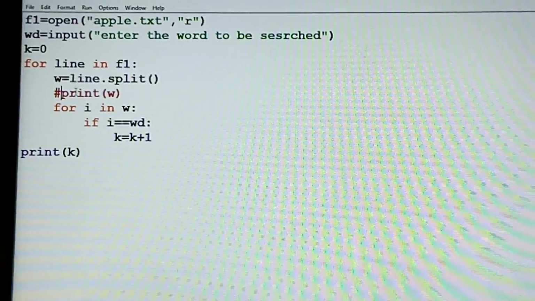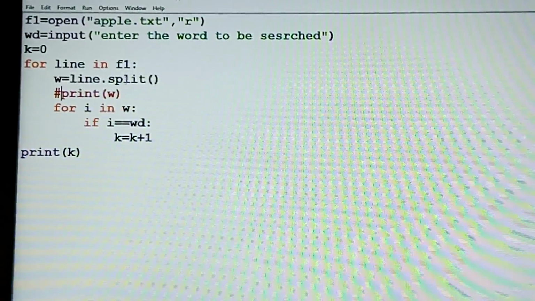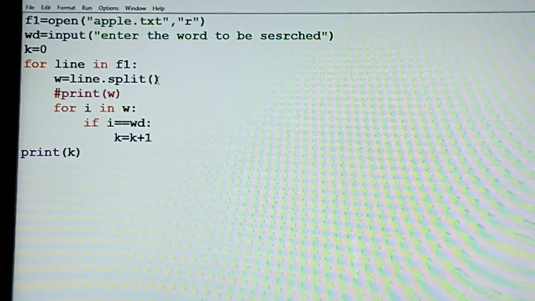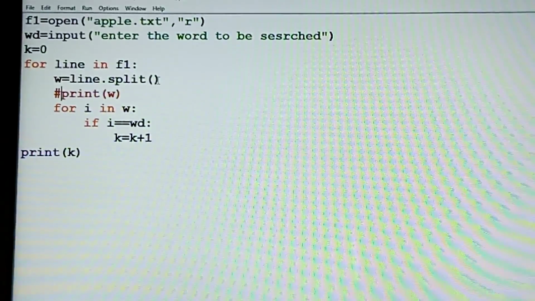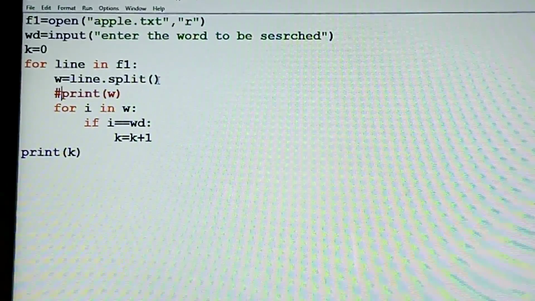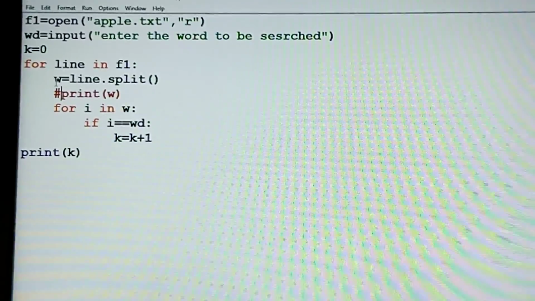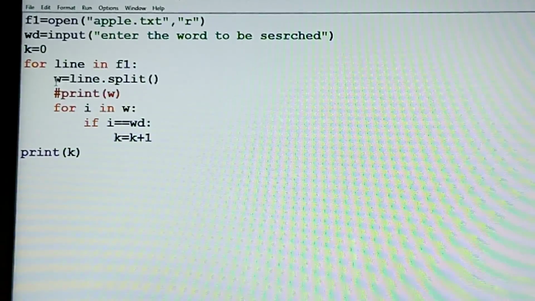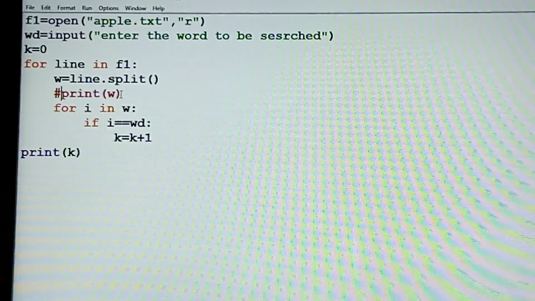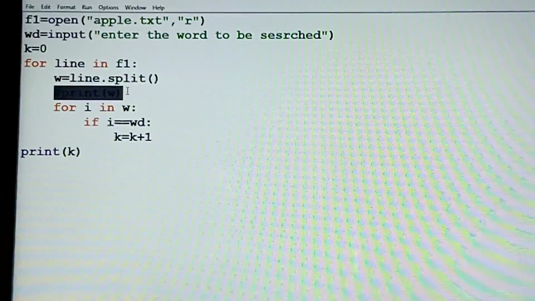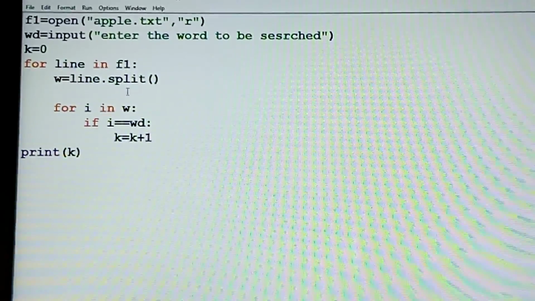Understand this, one thing is very important, the split function. What will it do? It will split the content of the text file into words and store it in a list, in the form of a list. I have shown you in this way. Fine. So we don't require this line, so we can delete it. I have written this to show you things.